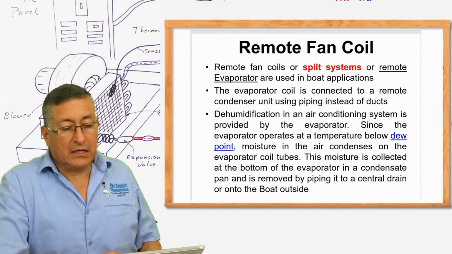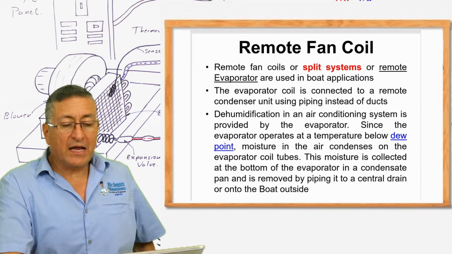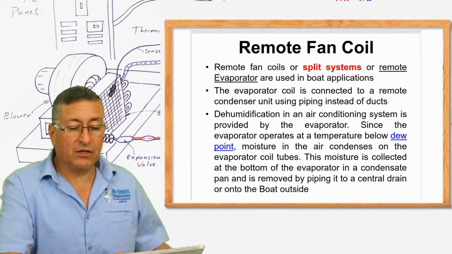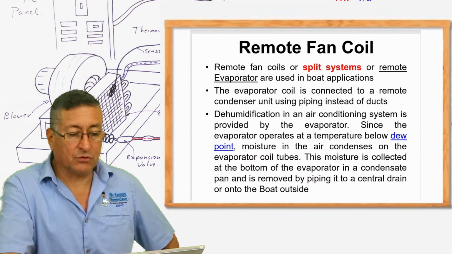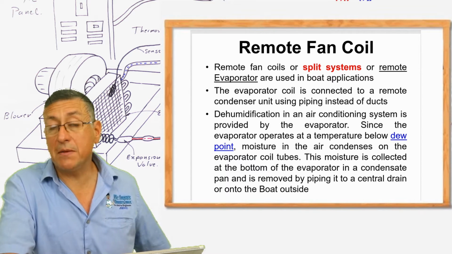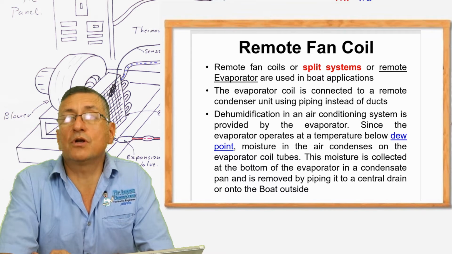This is the element that is located inside of the boat. The remote fan coils, or split systems, or remote evaporators are used in millions of boat applications. The evaporator coil is connected to the remote condenser using pipes, normally copper pipes, and those copper pipes are surrounded